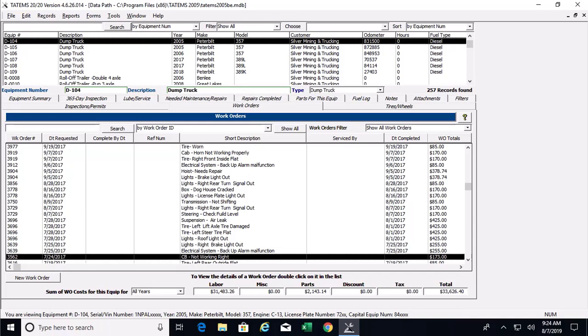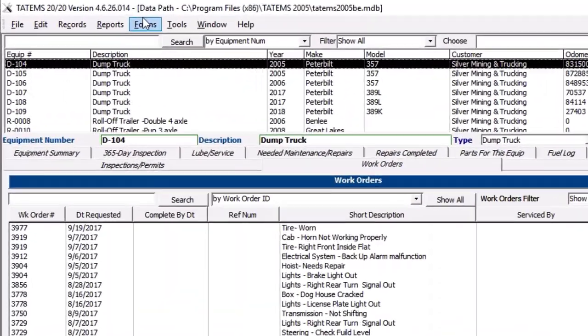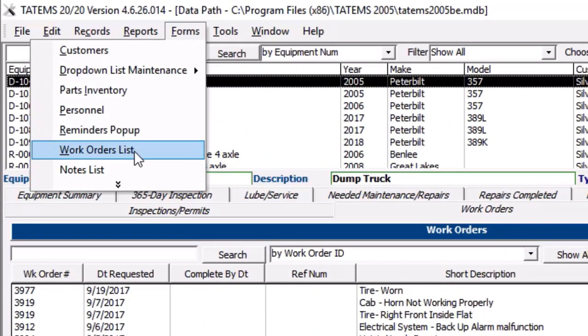Hi, Mark Reedy here. In this video, I just want to show you real quickly how to see who's working on which work order for your entire fleet. So if we go over here to Forms and then Work Orders List,